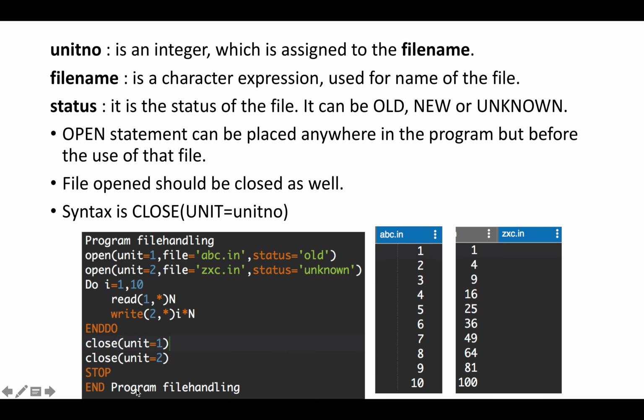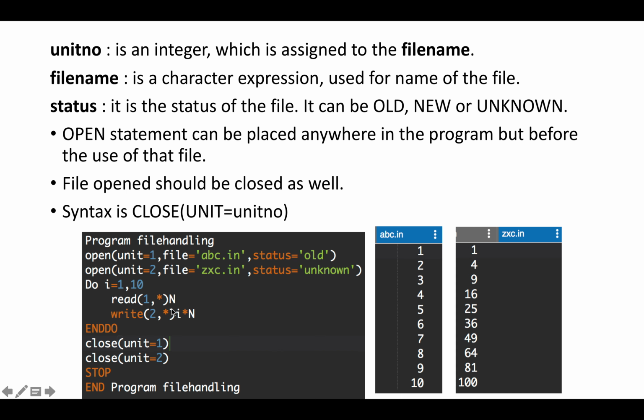Now when you execute this program, since abc.in is an input file which is an old file, I have already made this file on the system, and I have saved this file with 10 entries, say 1, 2, 3, 4, 5, 6, 7, 8, 9 and 10. When you execute this program, this read statement reads the value of n from the first line first. So n is equal to 1. Then it moves on to the second statement: write on the second file, what value? The value of I is 1 now, and the first value of n is also 1. So 1 into 1 is printed onto this file as 1. So the first element is 1.